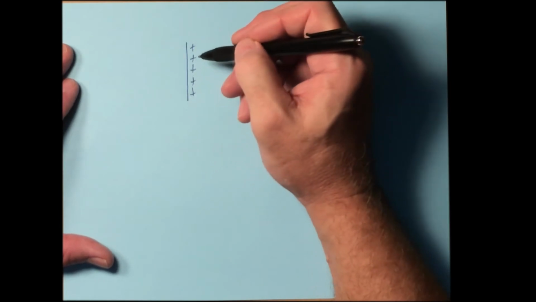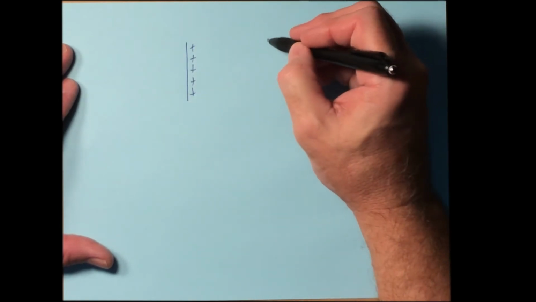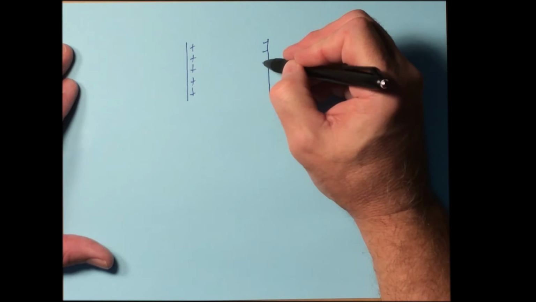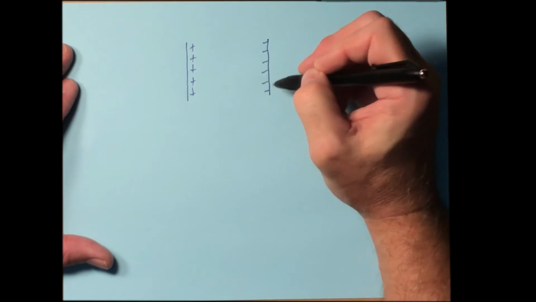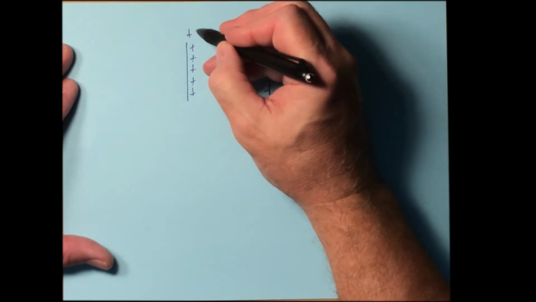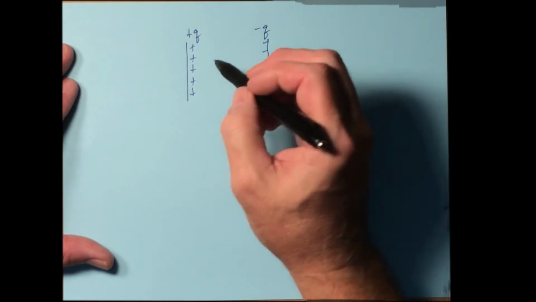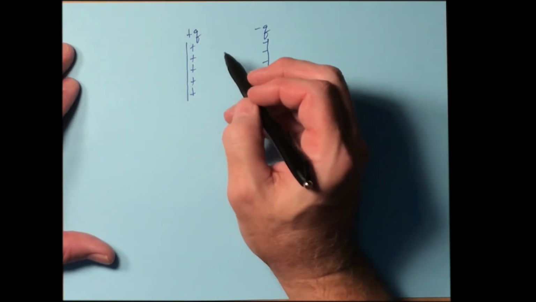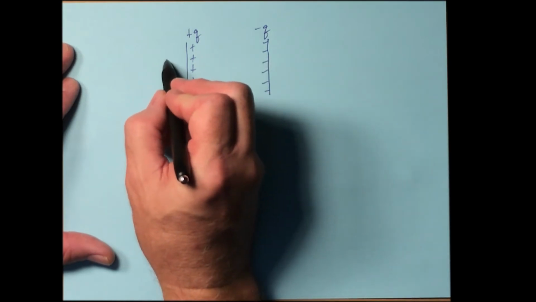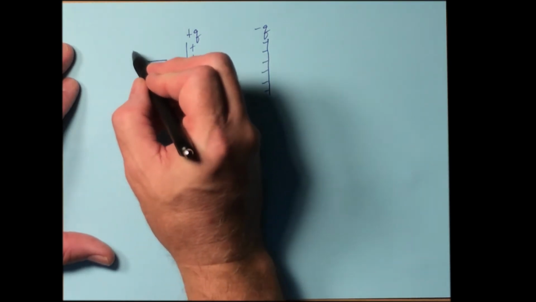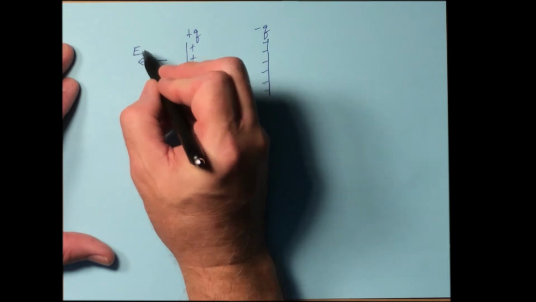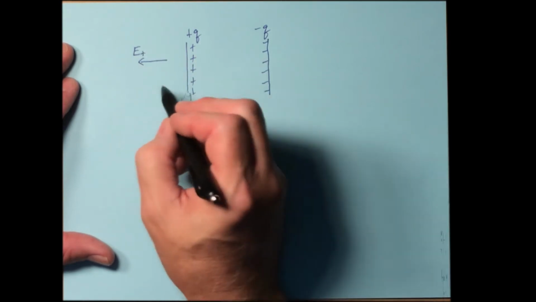You've got positive charge on that surface there. And over here, you've got an equal amount of negative charge. So whatever you've got here as plus Q, you have the same amount as minus Q over here. Now think about the direction of the electric field here. On this side, the electric field for the positive points in that direction. The electric field for the negative